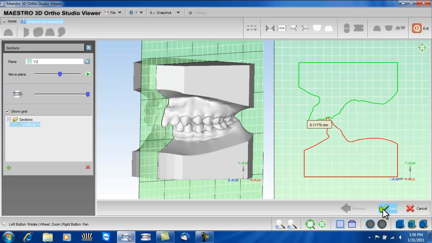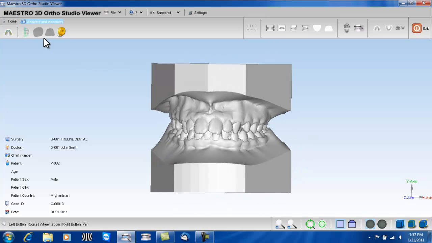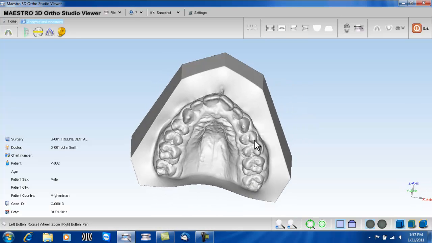Click Next to exit. Now if we have a look at these two icons, they're grayed out, and the reason why they're grayed out is we need to select the upper or the lower only to continue. So let's select the upper model, and I'm going to